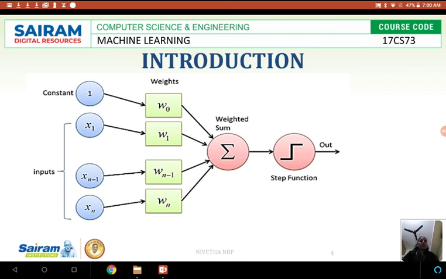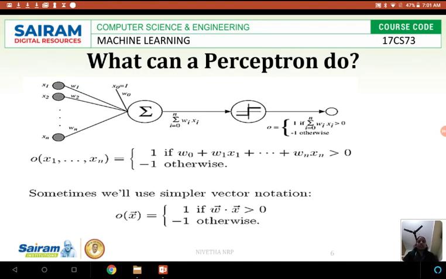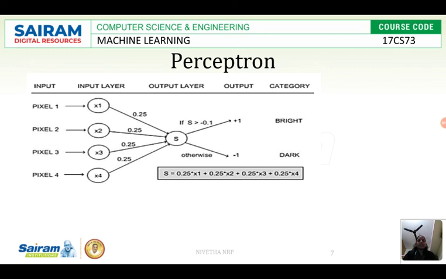So when you get 1, it is binary. You obtain the output only through a binary Boolean expression, either 1 or 0. We use 1 to indicate the condition is true and 0 to indicate the condition is false. The working process has been explained here.